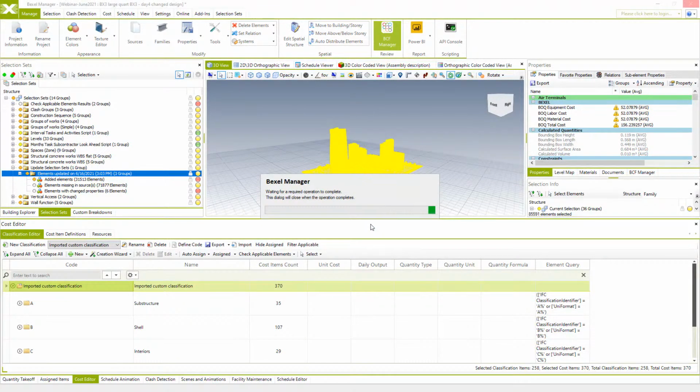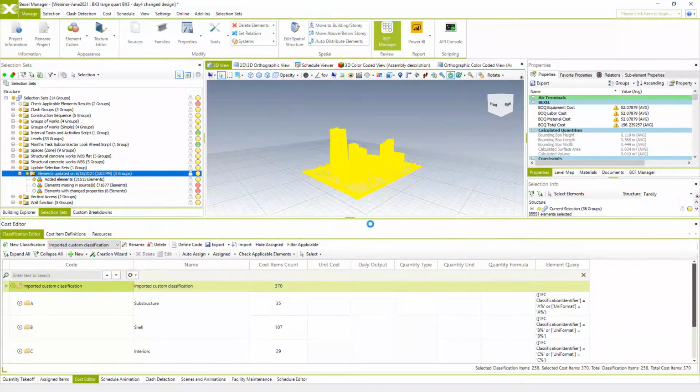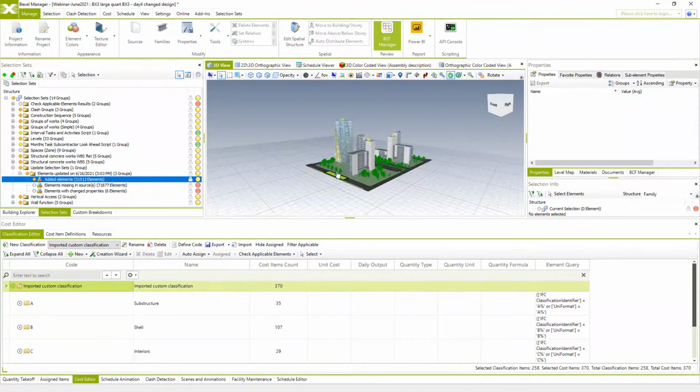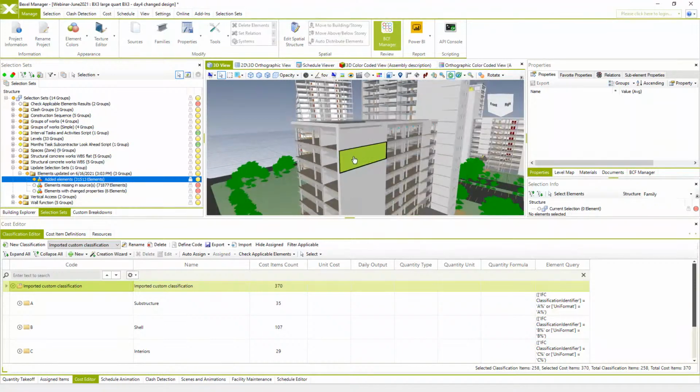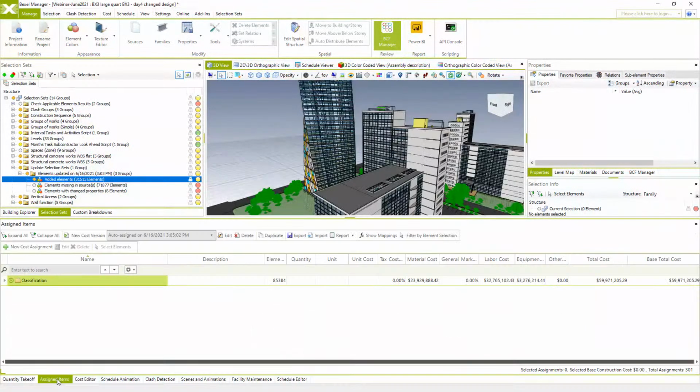We have to wait just a few seconds until the process is completed. Okay, everything is done. So when the process is over, we can go to assigned items and see the price for this new design. Assigned items,